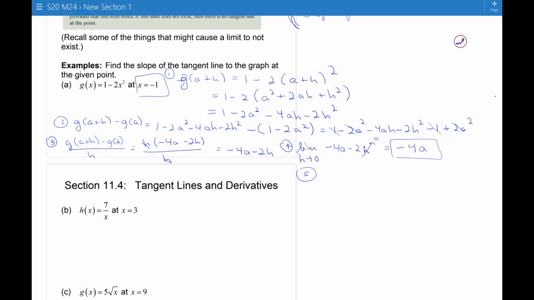Then the fifth thing is when x equals negative 1, then a equals negative 1. We are just using a because it's less confusing than using x. And we'll say then our answer is 4. So when x is negative 1, this is the slope of the tangent line. It's also the instantaneous rate of change, and then we're also going to learn to call it the derivative. Okay, so